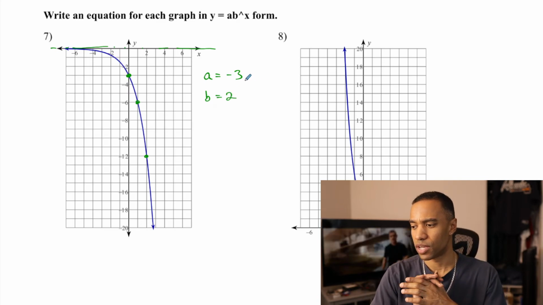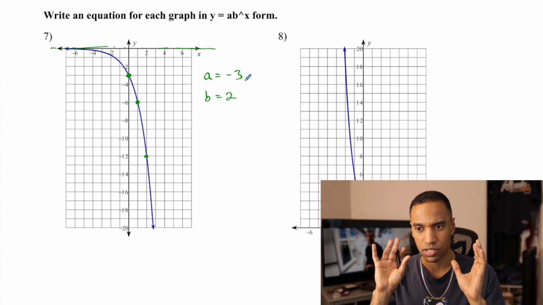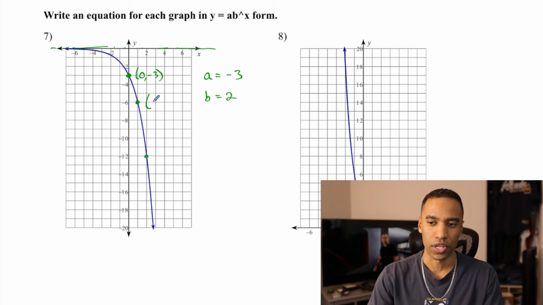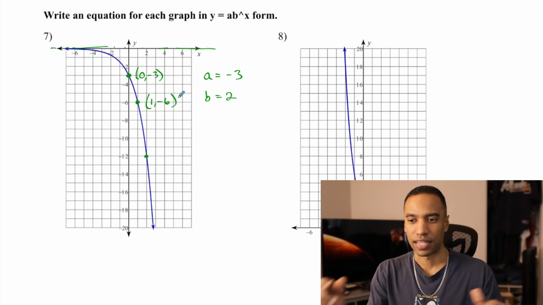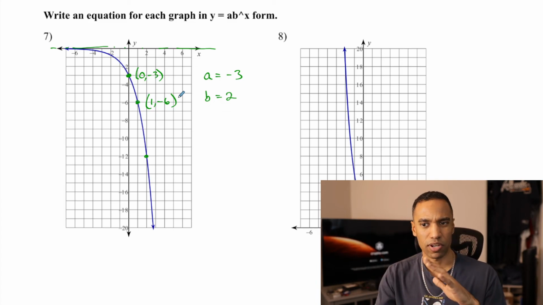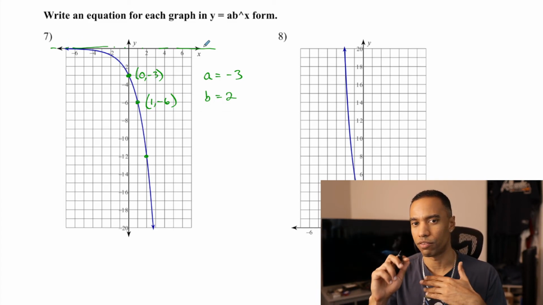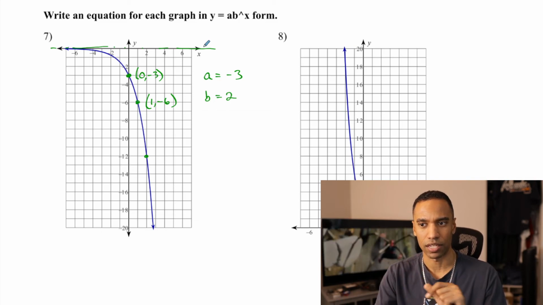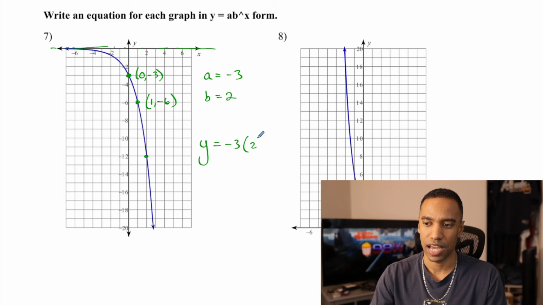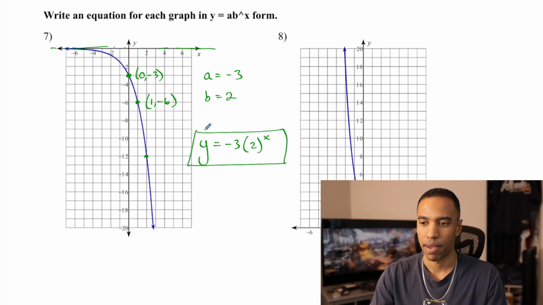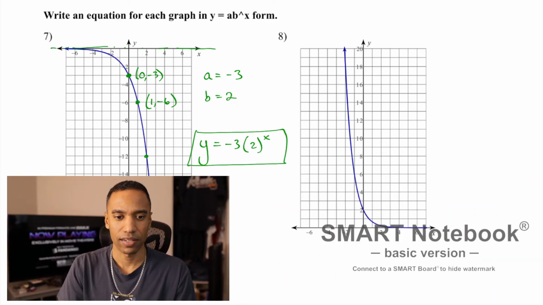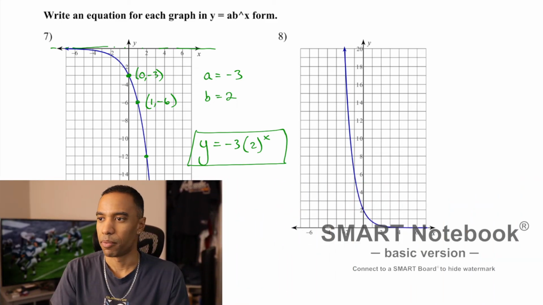There are other ways to do this using a system of equations, setting up a particular x, y with another x, y, and then solving for b and using that to solve for a. I'm not going to do that here, especially when there's no shift, but it also reinforces what we did when we graphed, so I think this will help out. So this is going to be y equals negative 3 times 2 to the x power there. That's what that form is going to look like. And lastly, number 8,